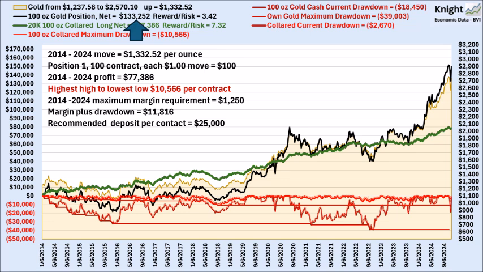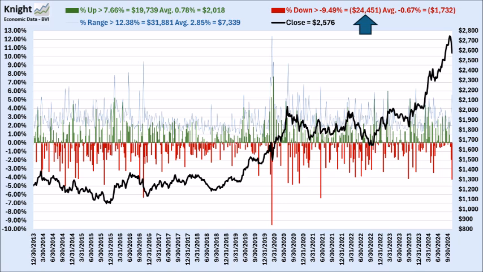These written calls make the position susceptible to being called away at a profit, and they limit our upside gains. In this example, by writing calls against positions, it reduces upside net profit from $133,252 trading without collars to $77,386 trading with a weekly 515 collar. But I'll take this smaller net gain every week, all week, because during the nearly 600 weeks in this example,